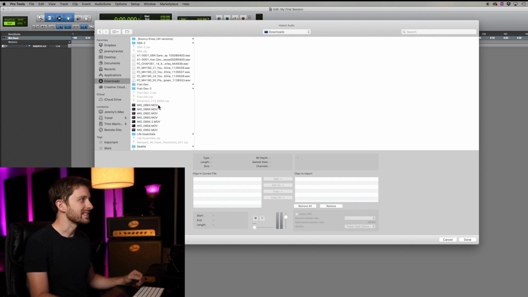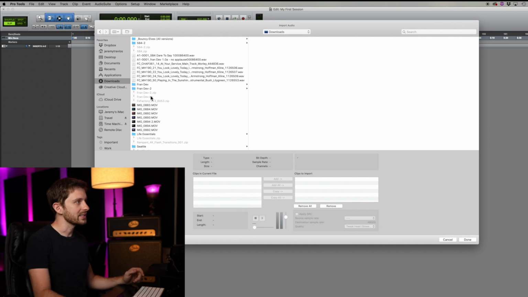And this is basically a mishmash of all the stuff I have in my downloads folder. So don't pay a ton of attention to it. It's really just a stockpile of files. But let's just import something. All of these files with a musical note next to them are audio files. If it's a .wav, as you can see here, that's an audio file. You don't want to import folders. In fact, I don't think you can import folders. So let's just import this file right here,